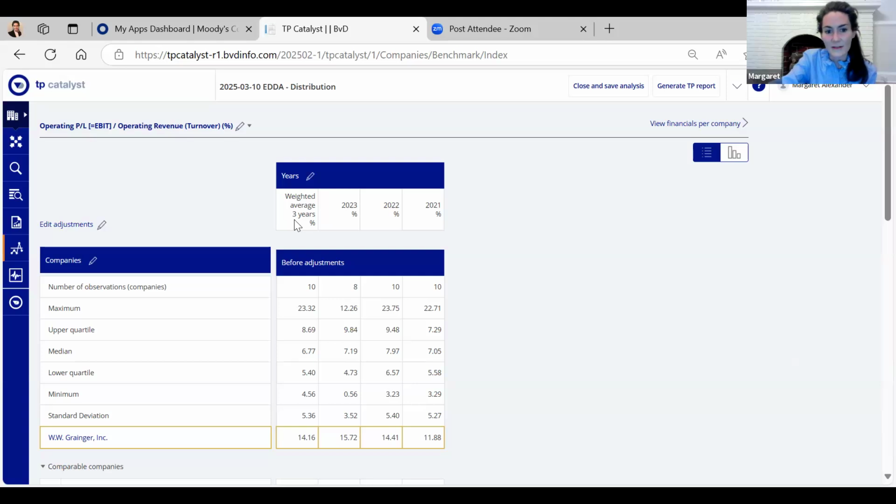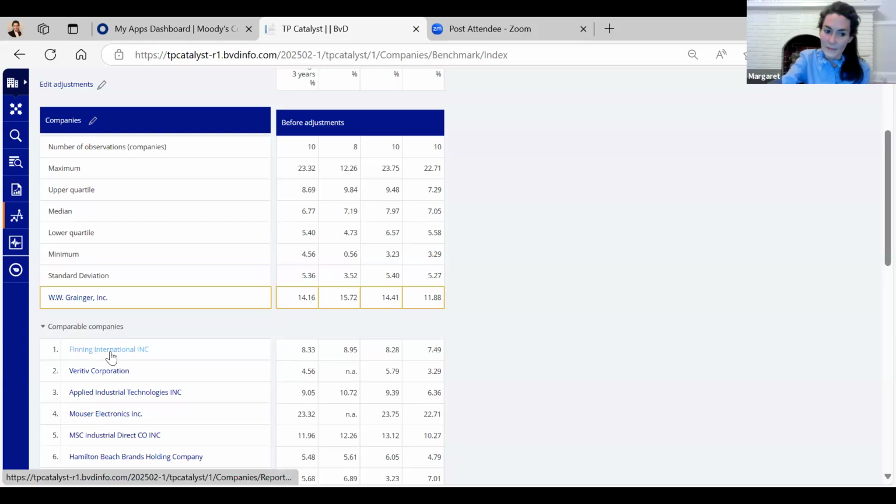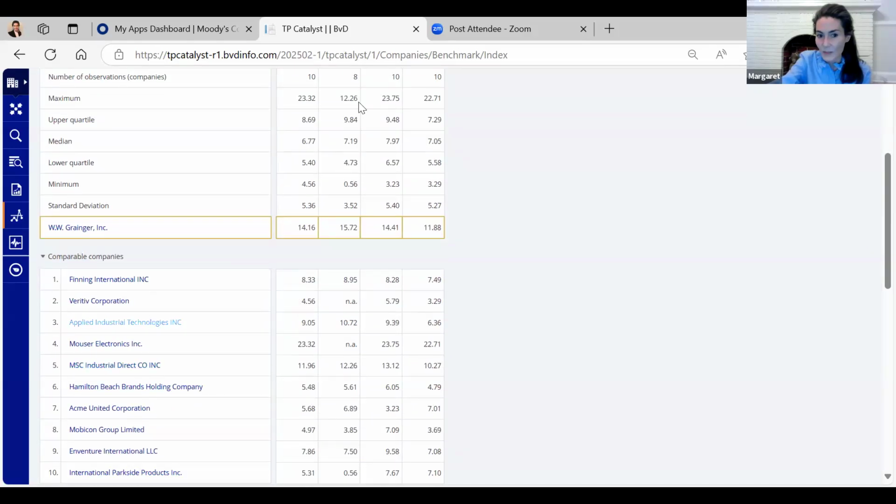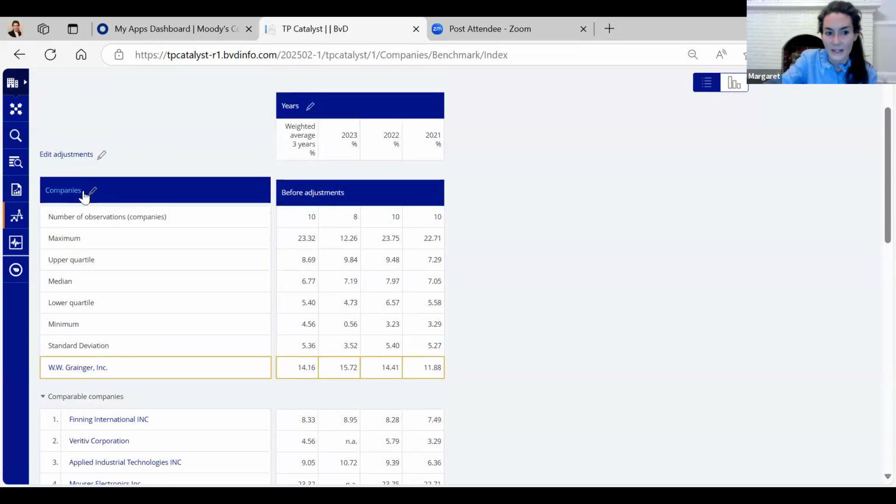And you have some items here that you can adjust. You can adjust the number of years. You can adjust the companies. So if you're doing a sensitivity analysis, you could click this and decide, okay, I'm going to remove company number 1. And you can see what that does to the range. And then you can just go back in and click next to that company and add it back. So you can add and remove companies from this set really quickly just to see what it does to the results. It won't actually take them out of the set completely. It just takes them out of the calculation. So that's with this pencil right here.